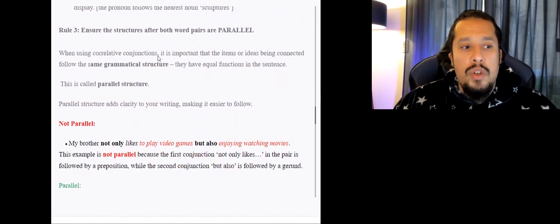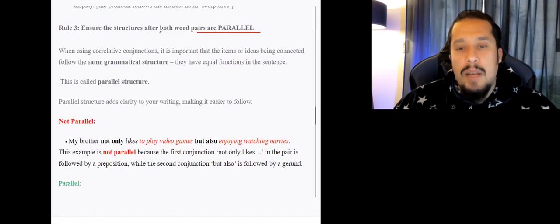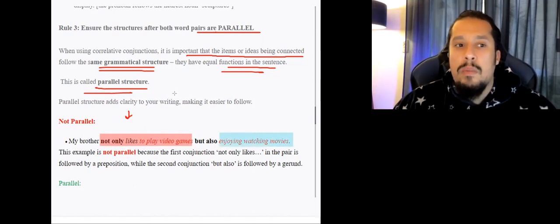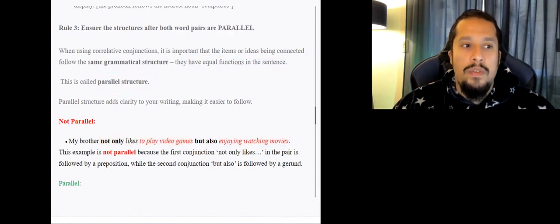Rule number 3, ensure the structures are parallel. طبعا مش عايزين نتكلم كتير قوي هنا عشان اتكلمنا عن parallelism. When using a correlative conjunction, it is important that the items or ideas being connected follow the same grammatical structure. They have equal functions in the sentence. This is called parallel structure. Look at this example, right? My brother not only likes to play video games, but also enjoying movies, right? This is not parallel. This is incorrect. So برضو مع الcorrelative conjunction, we want to make sure الverb مظبوط, الpronoun مظبوط, وبرضو في parallel structure